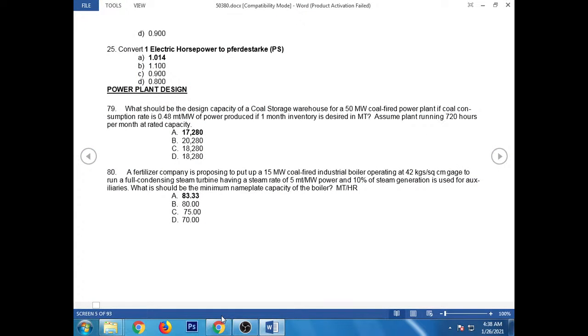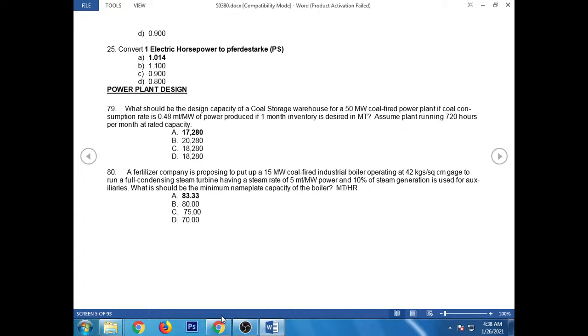Okay, balik ta sa power plant design. What should be the design capacity of a cold storage warehouse for a 50 megawatt coal-fired power plant if coal consumption rate is 0.48 MT per megawatt of power produced, if 1 month inventory is desired in MT? Assume plant running 720 hours per month at rated capacity. Answer: